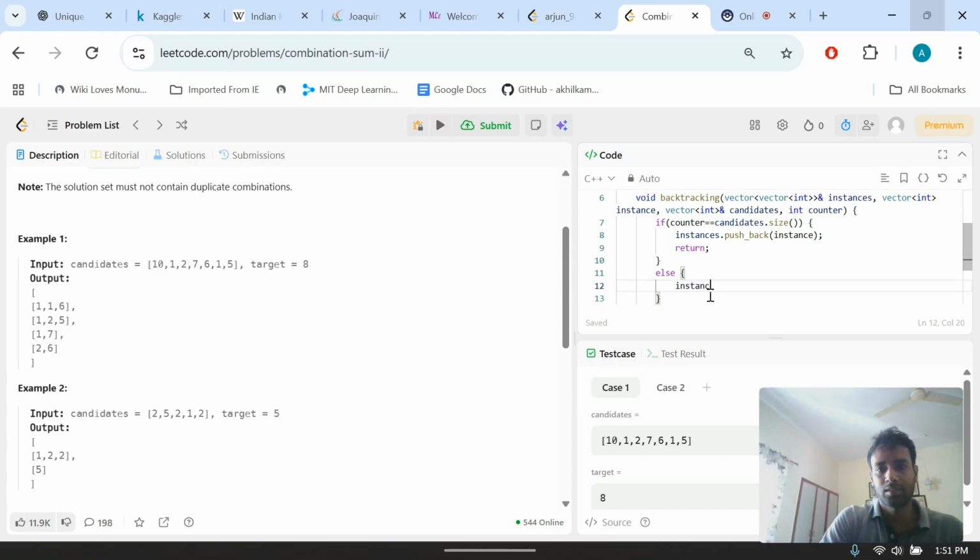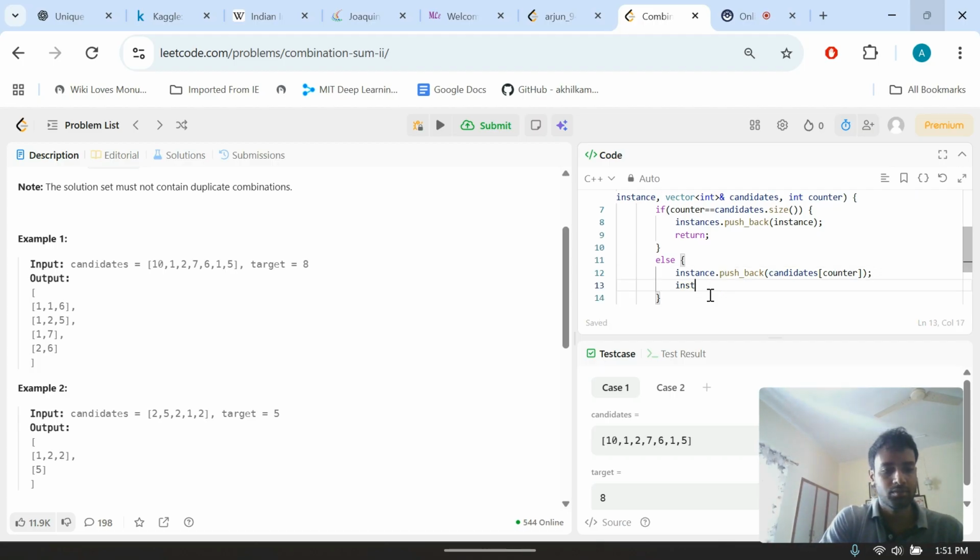Okay, instance dot pushback candidates counter, instance pop back. So these are the two things, and in between I'm going to do a